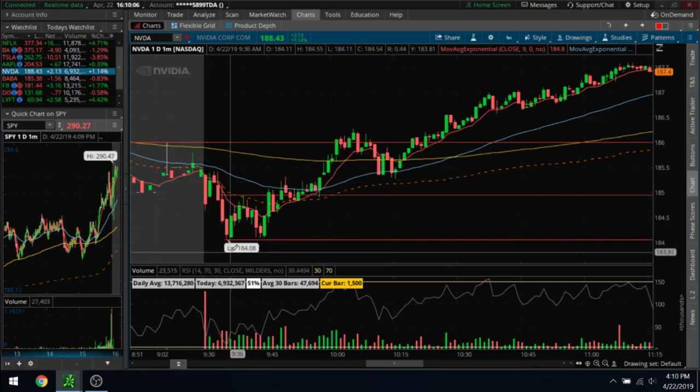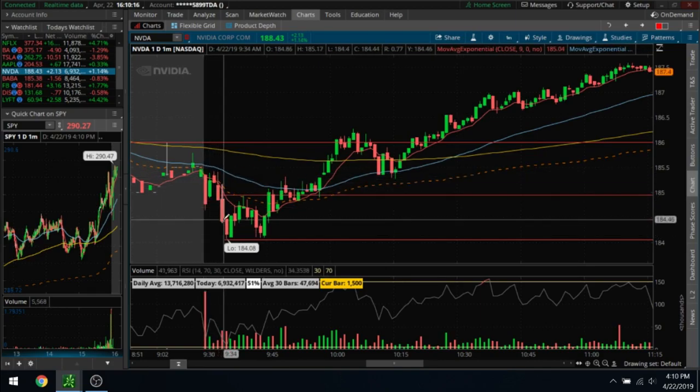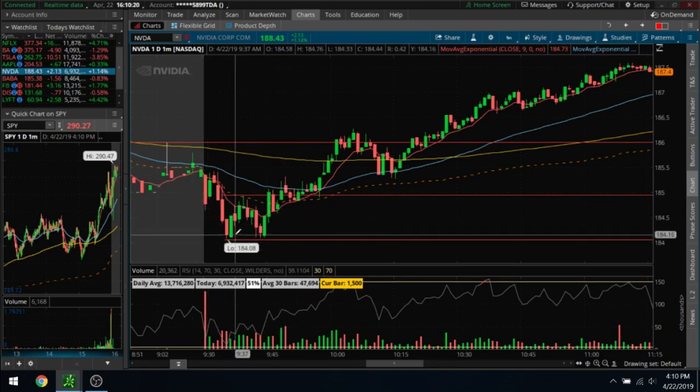Now, it doesn't always happen right out of the gun like this. Normally it will collapse for a while and then produce a double bottom and then go up. So this would be the strategy that you could use, risking off this low. Now, the problem is you can see what it did and that it ran up afterwards, because in the past,